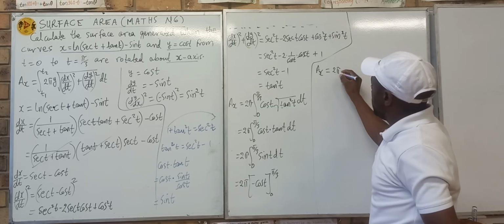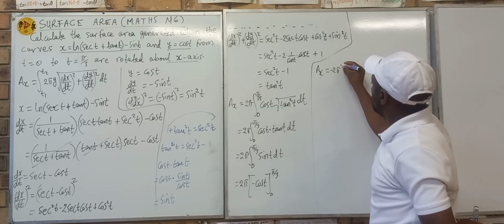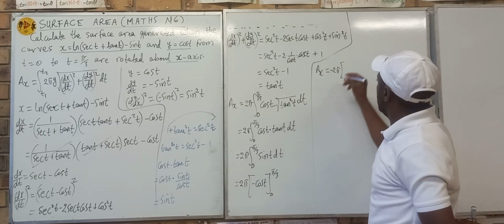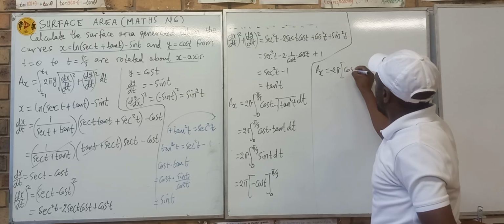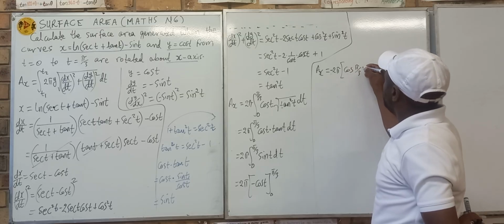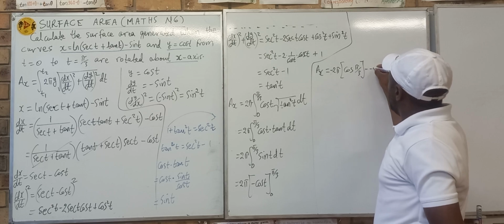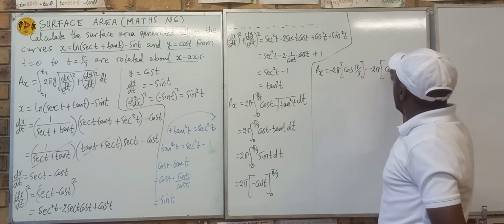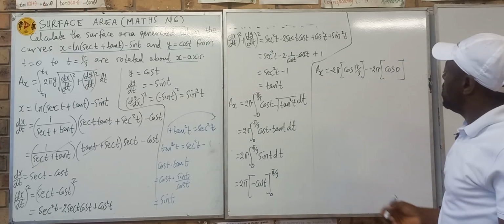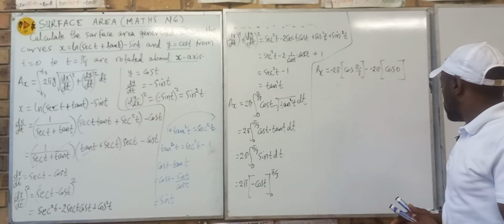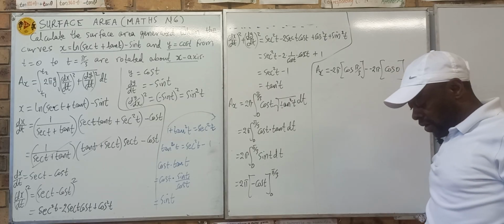So I'll get 2 pi. I can even take out the negative. Since negative is a constant, I substitute my limits only on cos. So I'm taking out this negative to make pi outside. So I get cos pi over 3. Then minus, then I take 2 pi again, I start the process again, put cos 0. So that is what I have done. Then I go to my calculator and check what that gives me. So cos pi over 3,